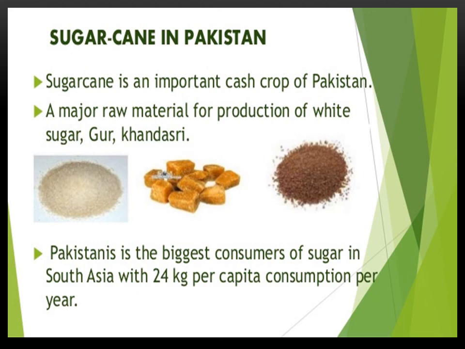Sugar mills are located in Punjab, Khyber Pakhtunkhwa, and Sindh. Balochistan does not have any sugar mills. Sugar mills have to be located near the sugarcane fields because sugarcane starts losing its sugar content as soon as it is harvested, so it needs to be crushed immediately. And sugarcane is bulky and heavy, and so it is expensive to transport.